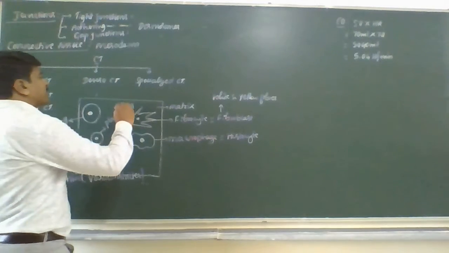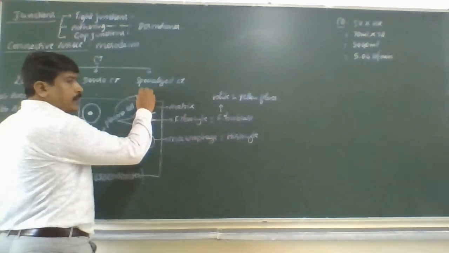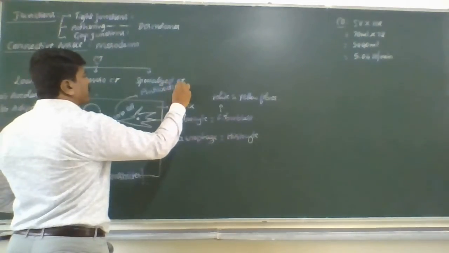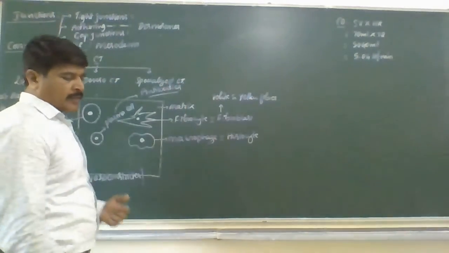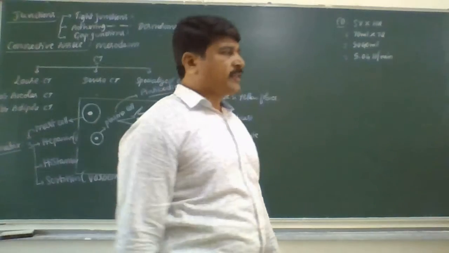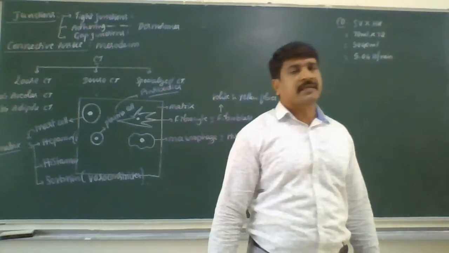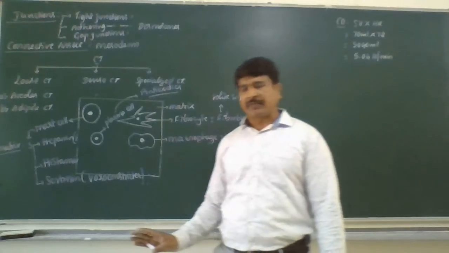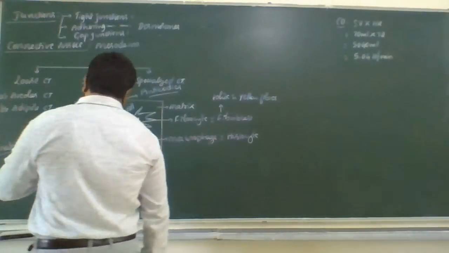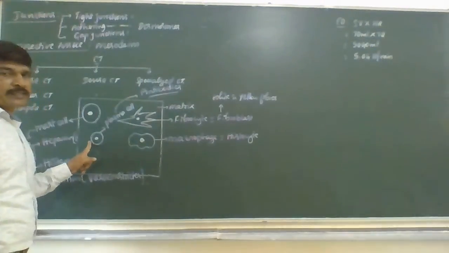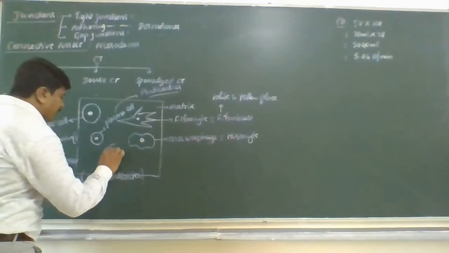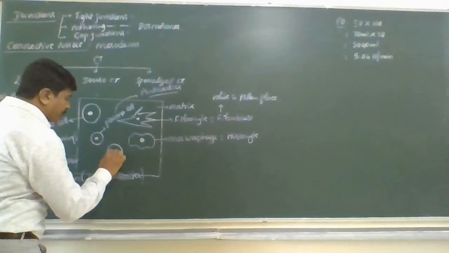These plasma cells always produce the antibodies. You know that antibodies always protect us from the various kinds of pathogens or diseases. I think it is very clear for you. So, plasma cells are small irregular cells with oval nuclei. They produce the antibodies. The last one is the adipocytes.